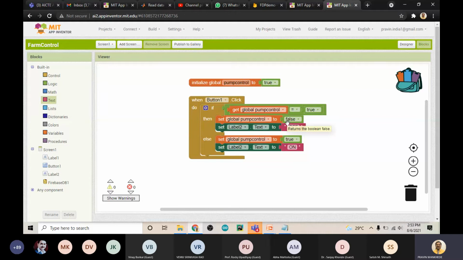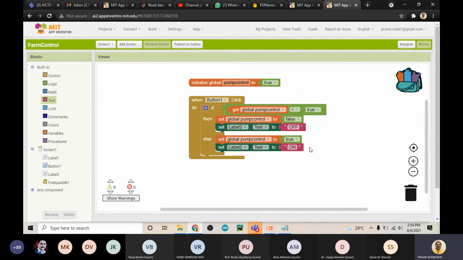So if it is already on, then you have to make it off. As soon as it is false, whatever the label is there, that label will be off. If it is already false, then it will make it true. Therefore, it will set the text to on.